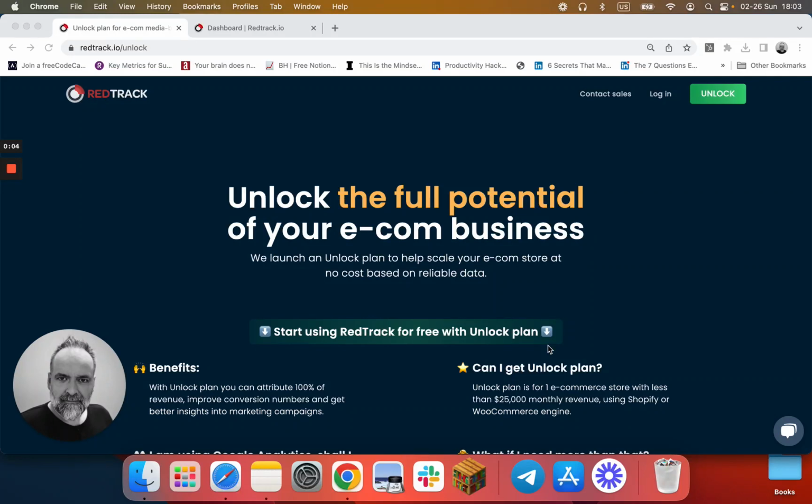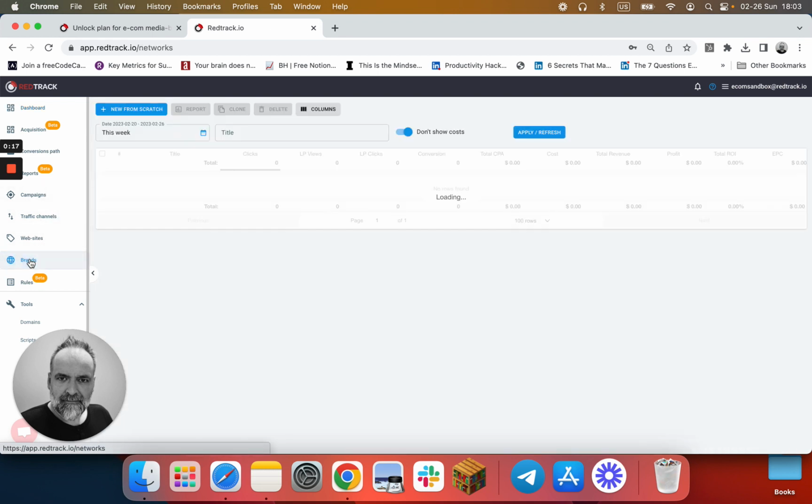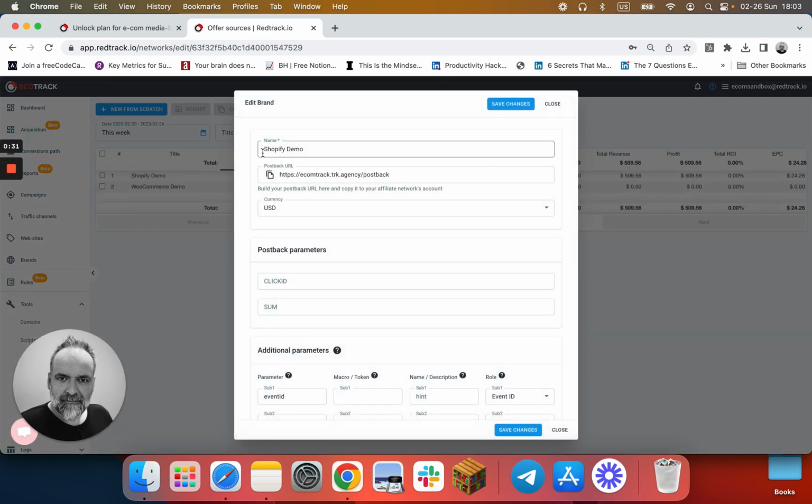In this short onboarding video, we will check how to add brand and conversion parameters metadata. So, go to your RedTrack Unlock account, go to Brands, click New, Add from Scratch, and the window will appear. We'll go to the one where you have all the parameters added to save time. To add your brand, you basically need to give it a name, pick up the currency for your e-com store